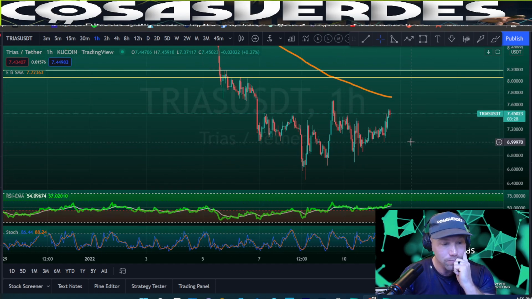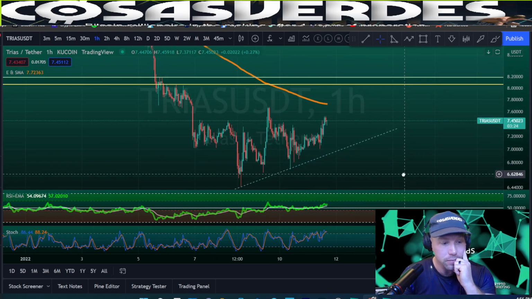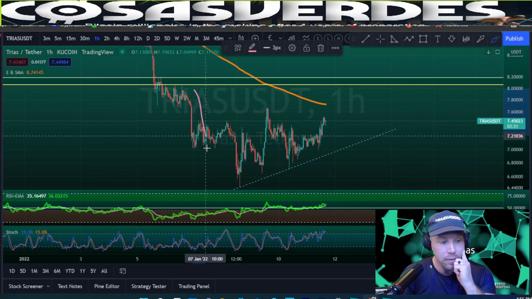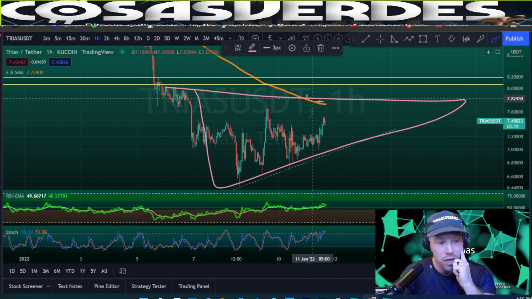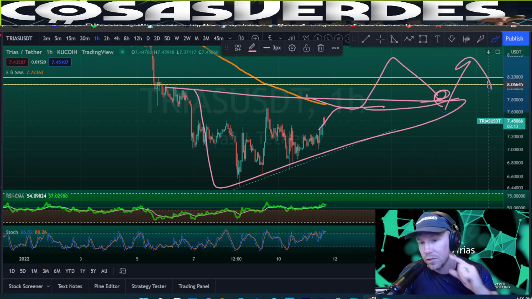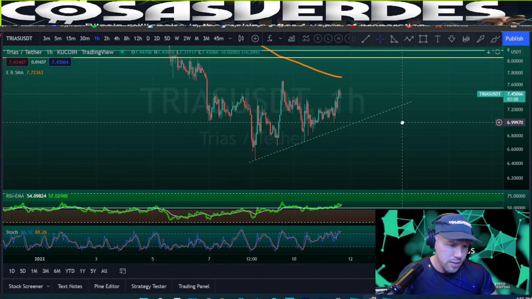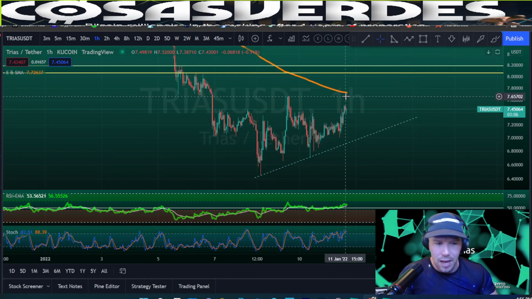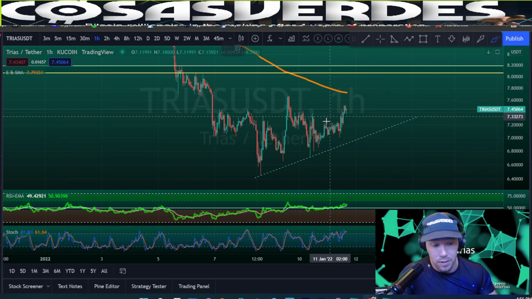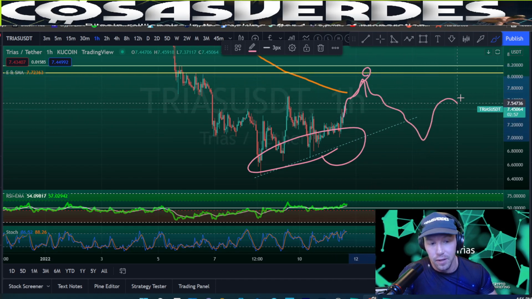I would wait till this trend line got hit, something like that. Maybe forming a little triangle here as it's trying to get power to get above the 1 hour 200 EMA. Then I'd pick up some more once it got above and bounced on it, and then I would sell into a rally up to near the daily 200 EMA. That's how I do it. But right now it hasn't even used it as resistance yet. So what could happen is, even though it's got a nice higher low structure, it could just come up, wick past, maybe hit this line, fail, and then try it again, and do it all over again.